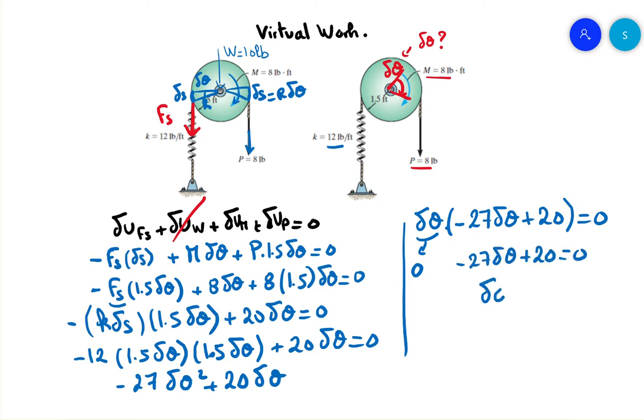So we find that delta theta is equal to 20 divided by 27. That's in radians, so 0.740, and in degrees it gives us